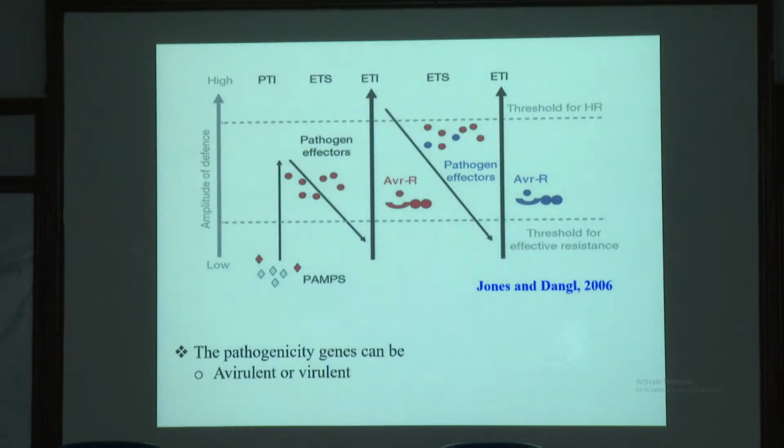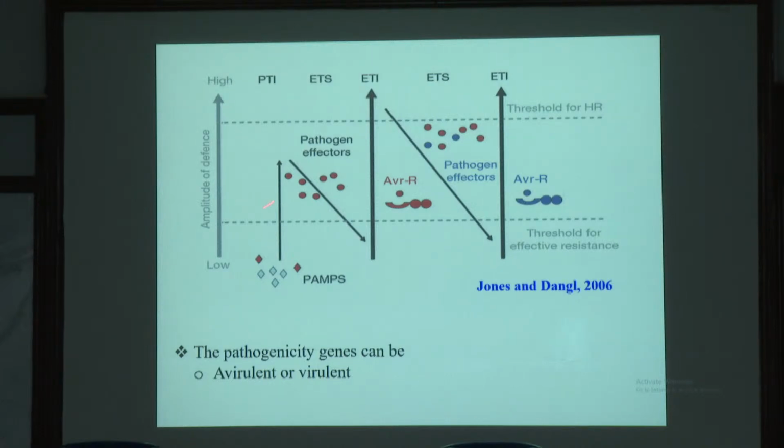Those who have a pathological background may know this, but for others, I don't know whether you will. When the pathogen lands on the host surface, the molecules are recognized. Whether the host is susceptible or resistant is immaterial. The surface molecules are recognized, and there will be a defense mechanism in both resistant and susceptible hosts, which we call basal resistance